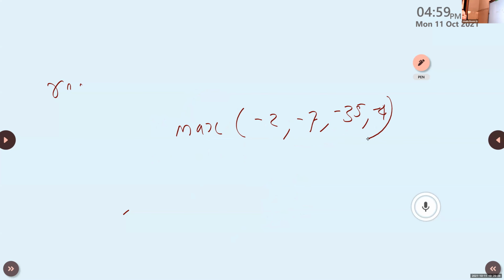Which is the correct answer, Aryan? Yes, ma'am. -2. Okay. Which is the correct option? -2. -2, correct answer. So here we are using negative values. The smallest negative value is considered the biggest value. So here the answer is -2.